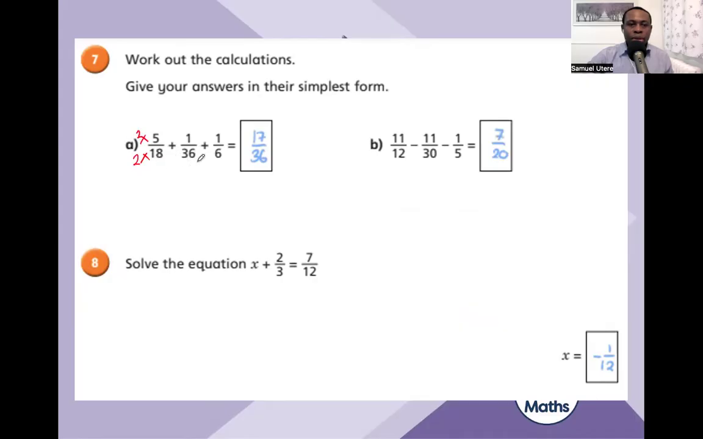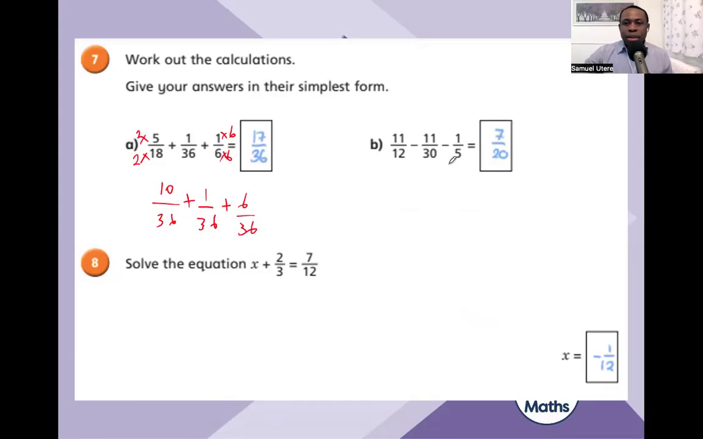Remember, the common multiple we can see is 36. Next, we'll multiply this by 6. So now we have 10 over 36, add 1 over 36, add 6 over 36. Now we have 17 over 36. And then this one, the common multiple will be,